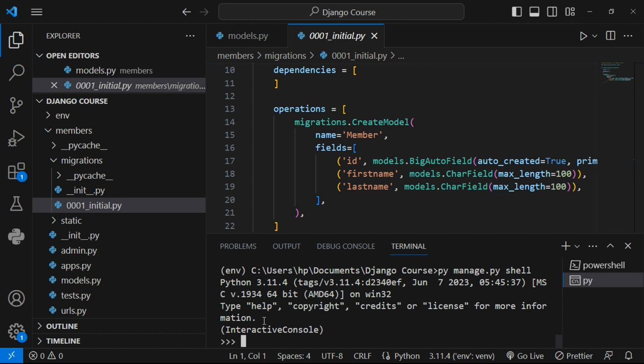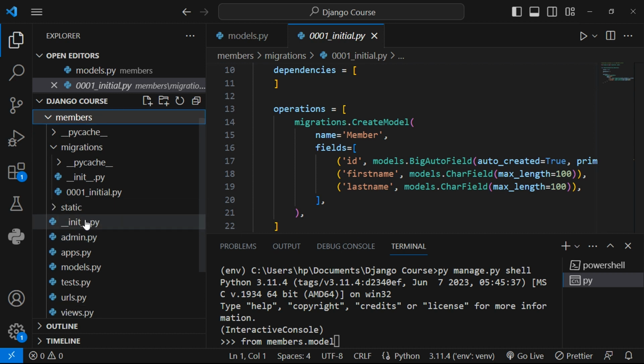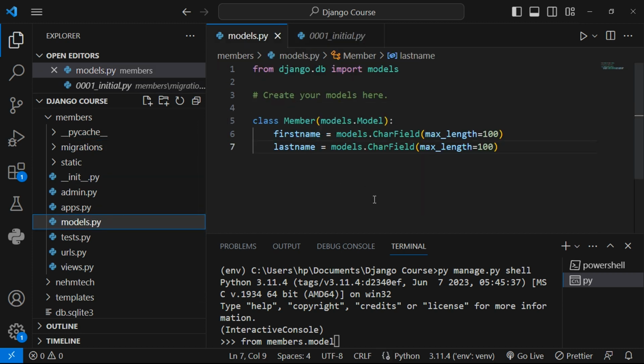Now the first thing that I want to do here is to import the members model. So at the bottom here, you can just say from members. Remember this is the app, the members app. So from members.models, we are targeting the models. That members app has the models that we've created. You can see in members we have the models, right? And that we have just created. So from members.models